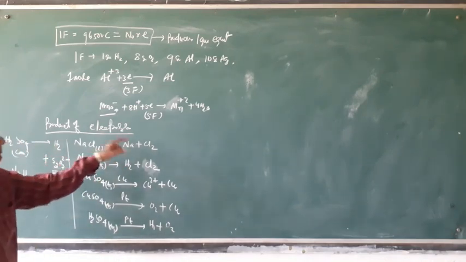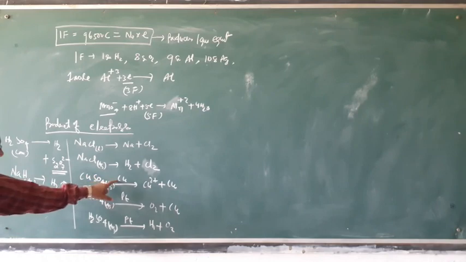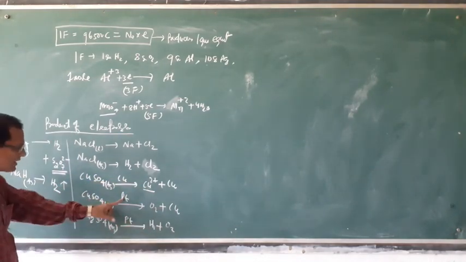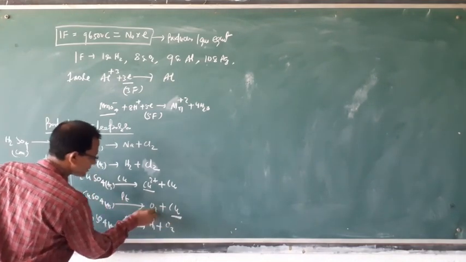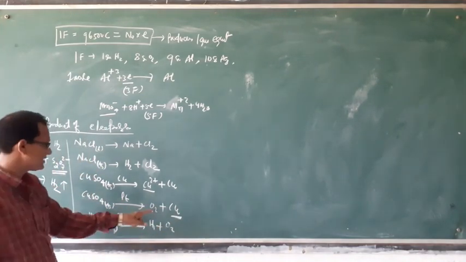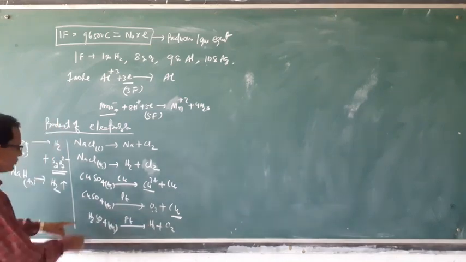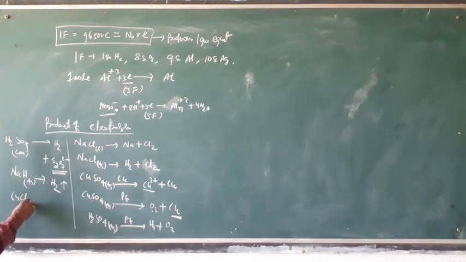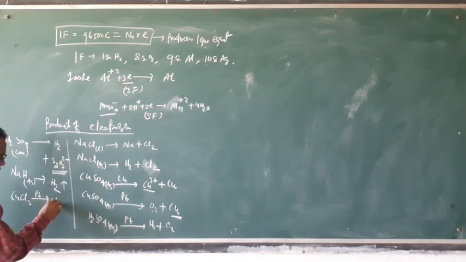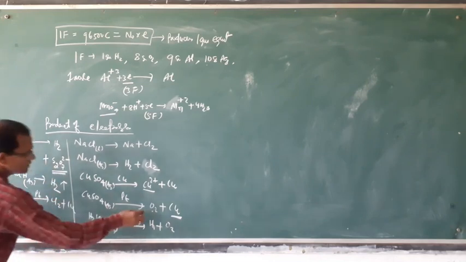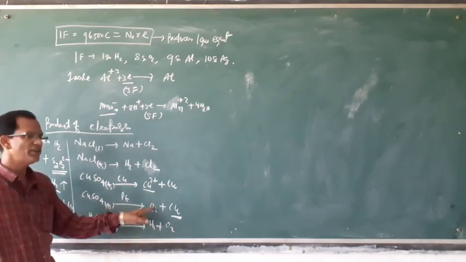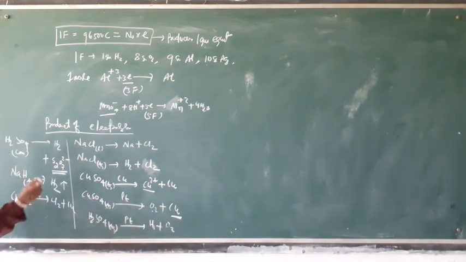Liquid without water, sodium. Using copper, copper ion. With a copper salt using platinum, copper is deposited, but the result depends upon the anion. If you take copper sulfate, oxygen is produced. If you take copper chloride using a platinum rod, the result is chlorine and copper, not oxygen, because with sulfate ion in an aqueous medium oxygen is produced, but a chloride ion always produces chlorine.